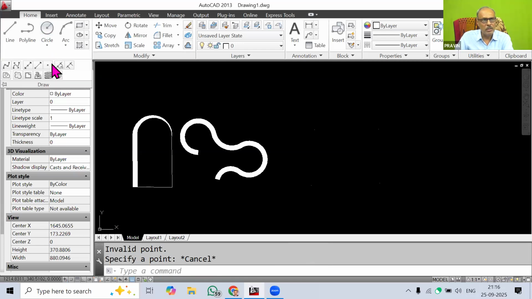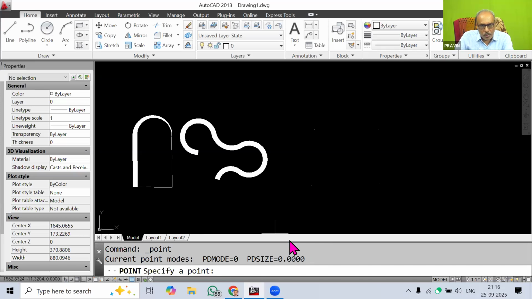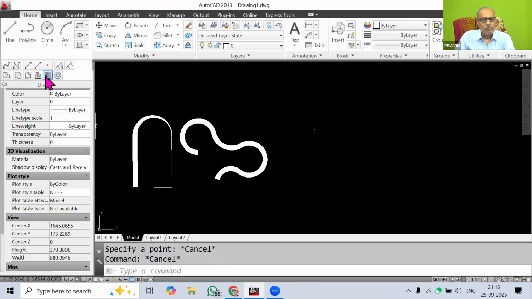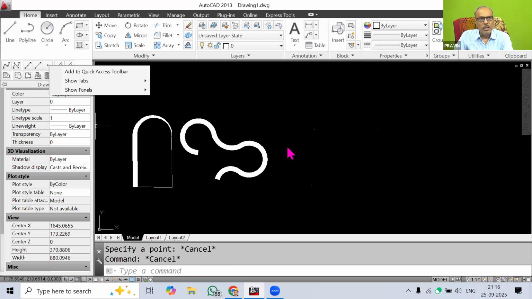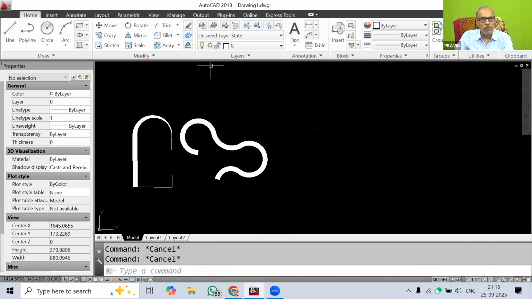When we start the point command, here we can change the value of PDMODE and PDSIZE. That we will see later on. There are various other options for the point command, and by using those we can use various point options. That we will see here.